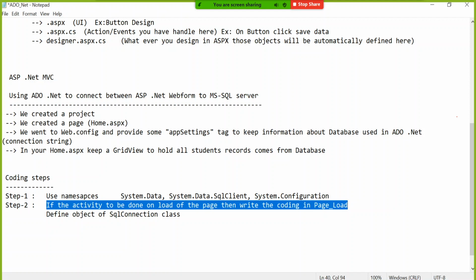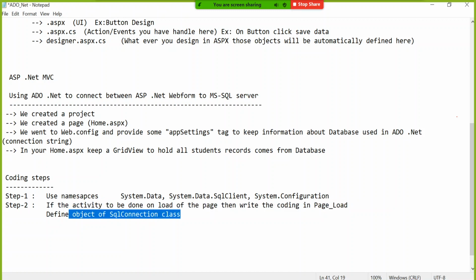Where to define that object? This sentence is going to say. If it is to be done on load of the page, do it inside Page_Load. If it is a button click, do it inside Button_Click. Going forward, we will see how to define Button_Click. This time what we want is, on load of the page, fetch the data from the database and display it. So define an object of the SqlConnection class and provide the connection string.